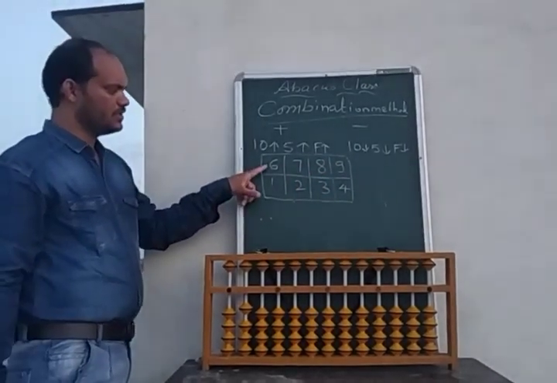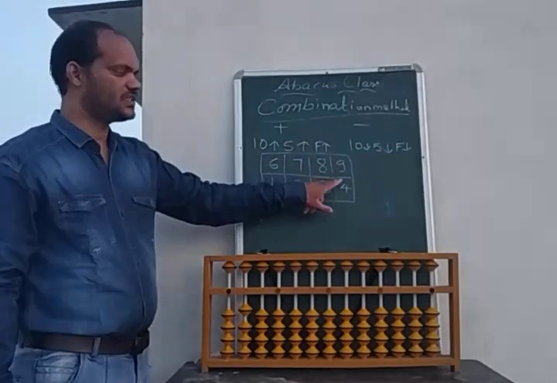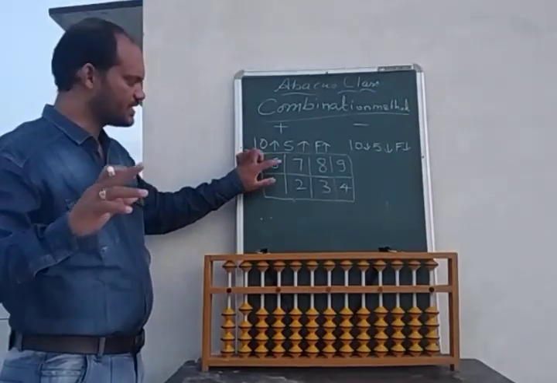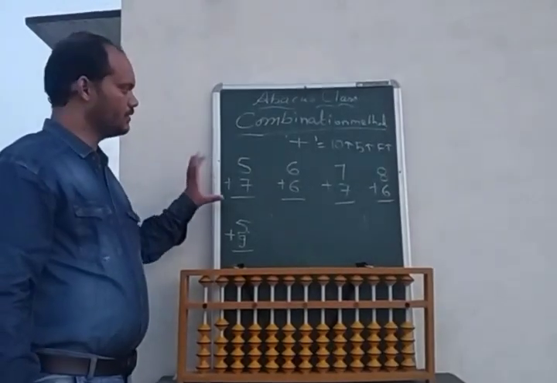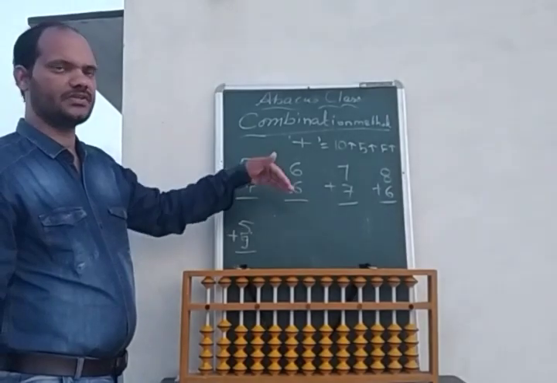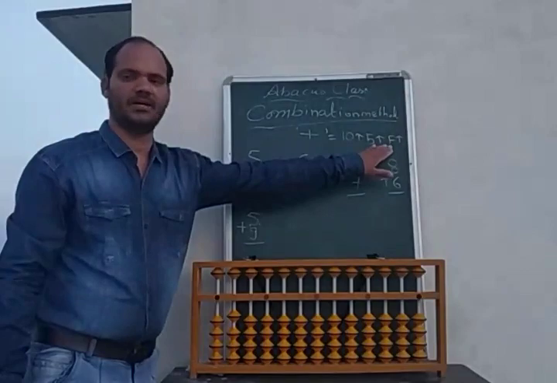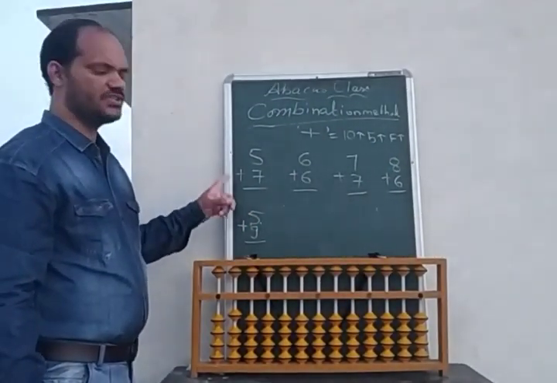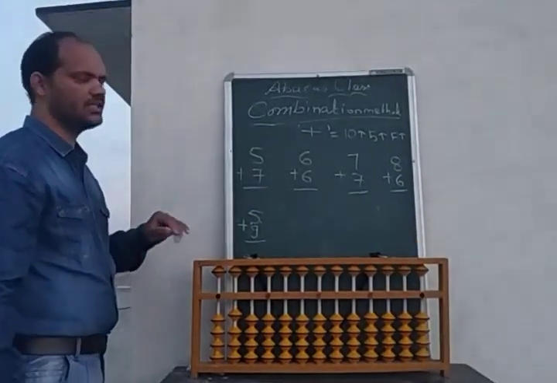Now you see, 6th friend is 1, 7th friend is 2, 8th friend is 3, 9th friend is 4. Understood? Once again I am explaining: 6th friend 1, 7th friend 2, 8th friend 3, 9th friend 4. First of all we will do plus methods, addition problems, then after that subtractions. In plus we up the 10 bit, we up a 5 bit and we up the friend bit. Now we will see some problems.